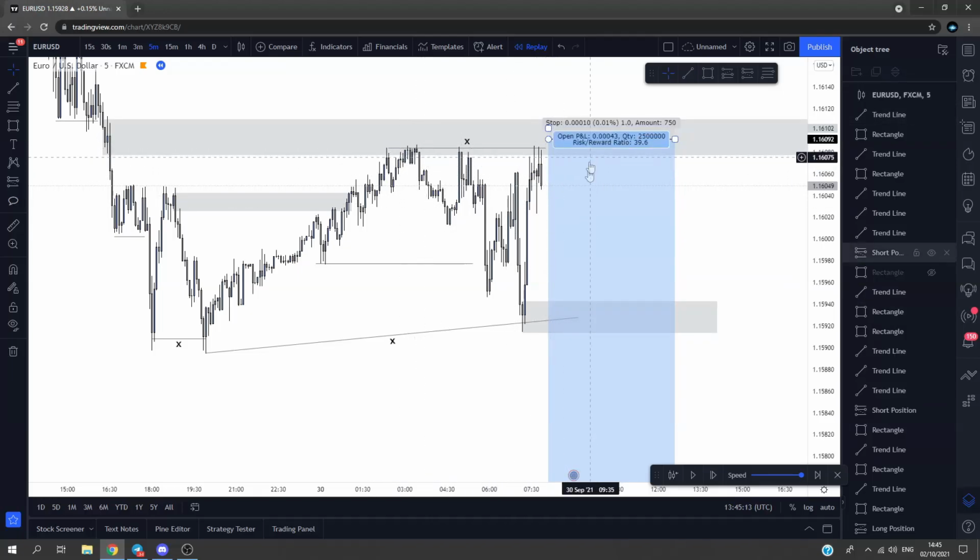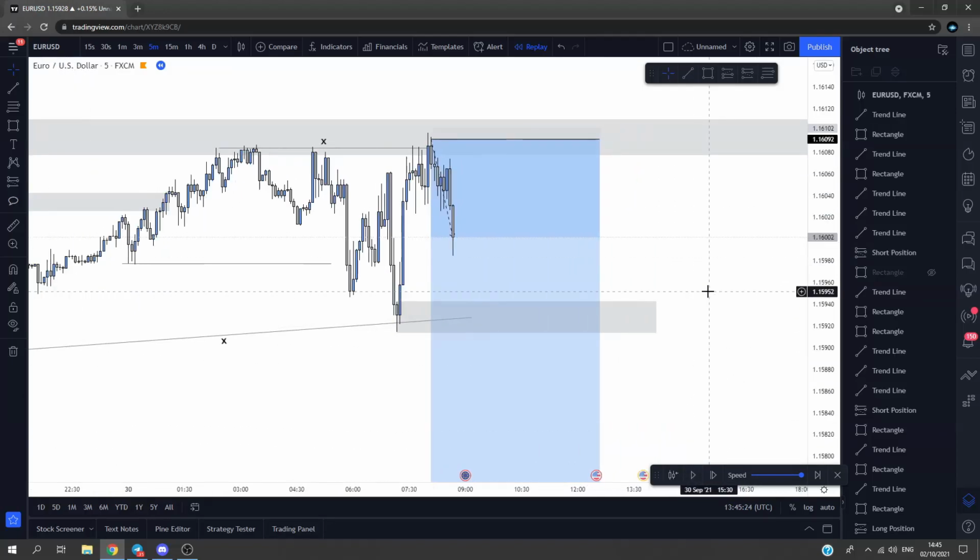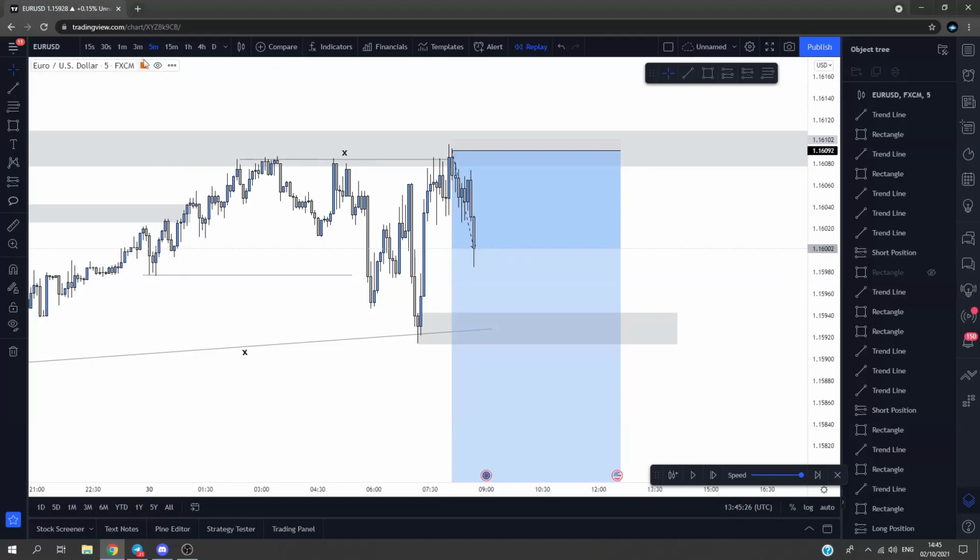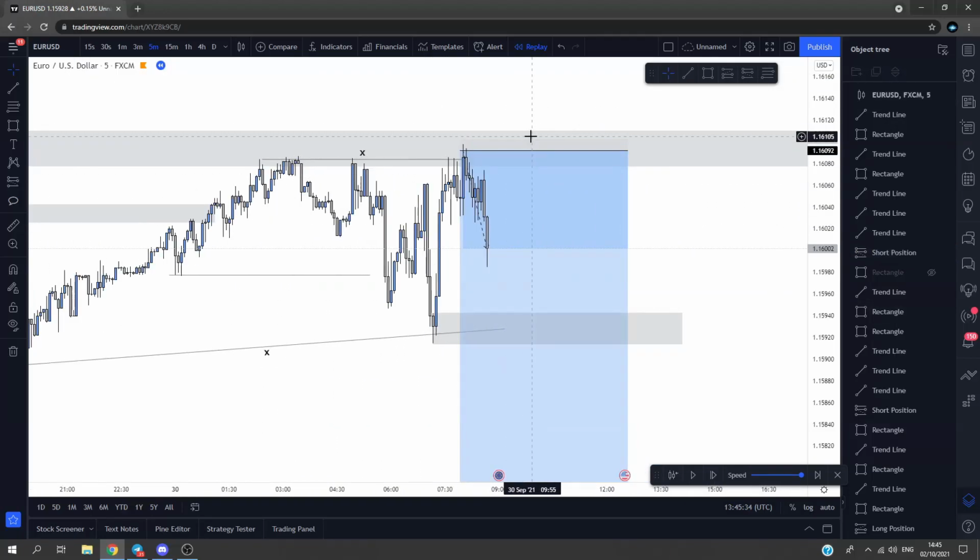So what we're doing is, I remember looking at this, I was like, this is going to break, we're going to grab liquidity, we're going to continue down, and that's exactly what price did. So we've had a wick spike and a liquidity grab right here. I entered on this here. I had my stop loss at, I think it would have been 1.3 or 4 pips, and